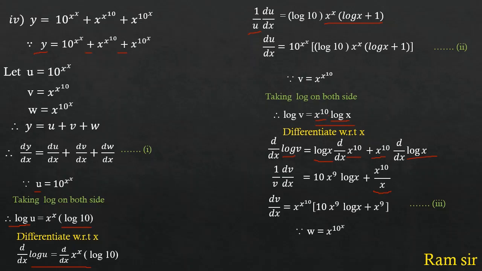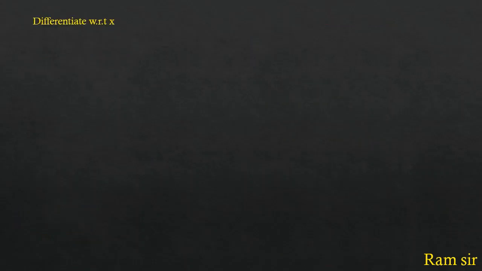Let's do the next one, which is the equation for w, we have w is equal to x raised to 10 raised to x. So we'll write down taking log on both sides, which gives you log w is equal to 10 raised to x into log x. Again on right side we have u into v. Be careful. So now taking derivative with respect to x, log v था previous step में, आप check करेंगे तो उसका derivative is equal to right side में we apply u into v. So log x as it is into derivative of 10 raised to x plus 10 raised to x as it is into derivative of log x. Now we are applying derivative of log, which gives you 1 upon w into dw by